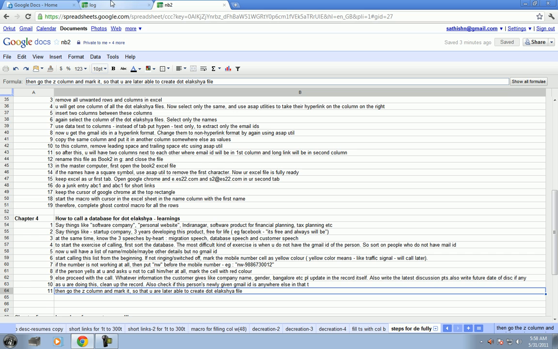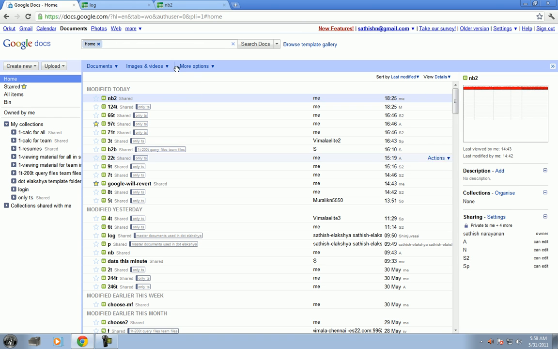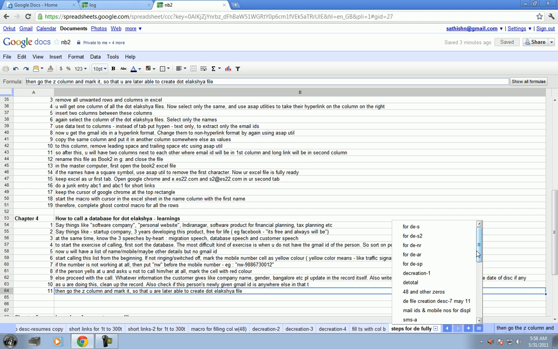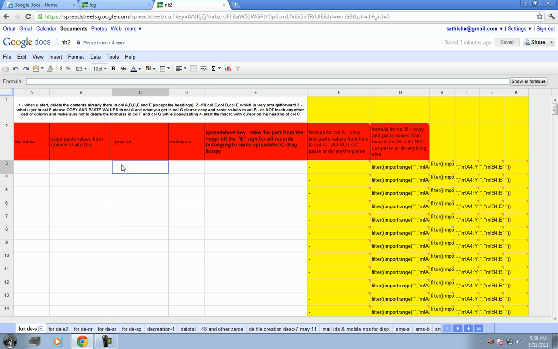The problem is that people are still not clear about how to use this, and that's why the whole DE file got corrupted. I will again go through this so that there is no confusion at all. Let me do it with a single example.